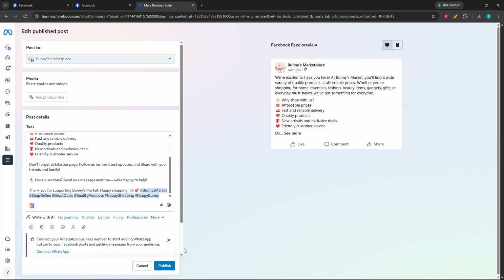The main thing is to enter Meta Business Suite, open Planner, select the post, and use the three-dot menu to access the edit option. That is the full process for editing posts on a Facebook business page using Meta Business Suite. Follow these steps in order, and you will be able to update your page